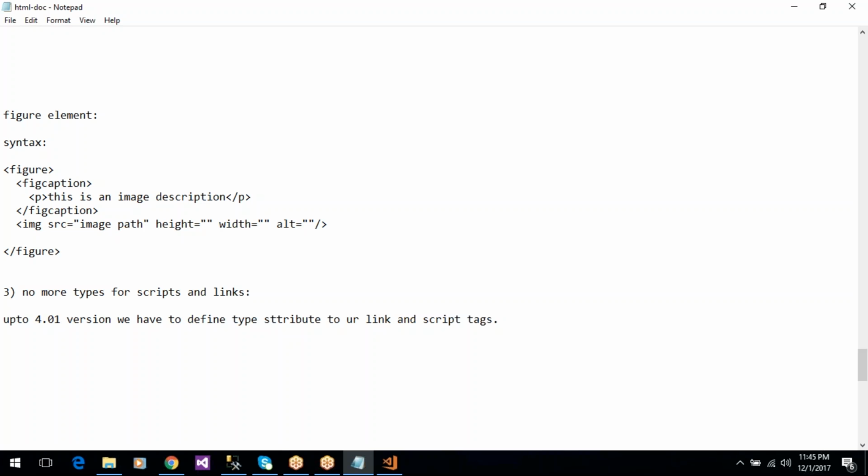So while using css files or javascript files, we have to use it like this: